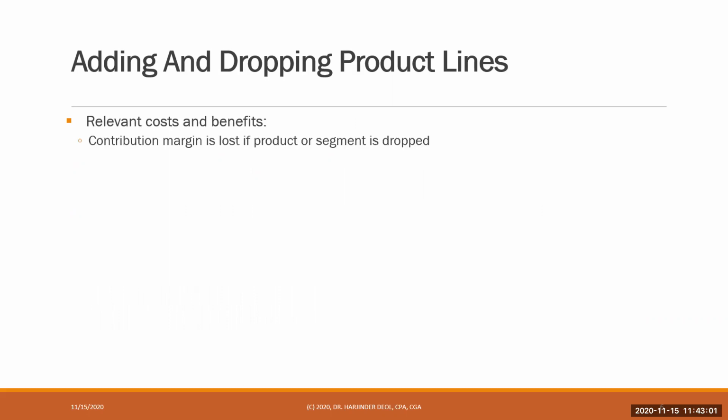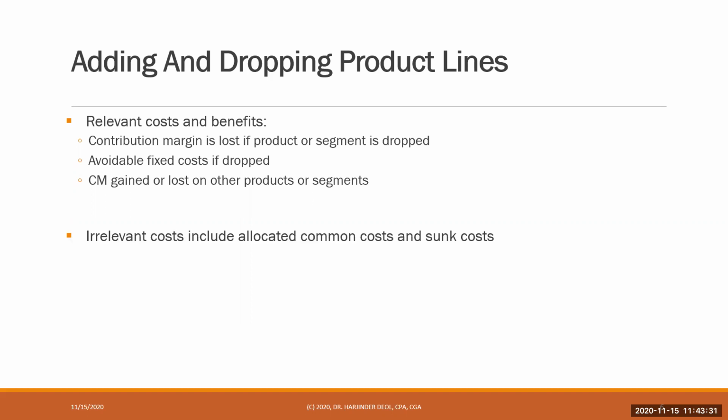So looking at the first decision of adding and dropping product lines, the relevant costs and benefits here would include the contribution margin that is lost if the product or the segment is dropped, the avoidable fixed costs if the product or segment is dropped, and the contribution margin that would be gained or lost on other products or segments if there's any kind of opportunity costs involved. What will be irrelevant to this decision would include any kind of allocated common cost